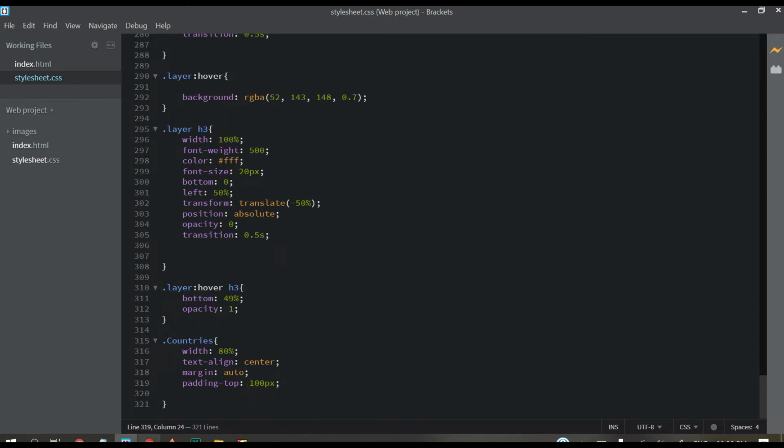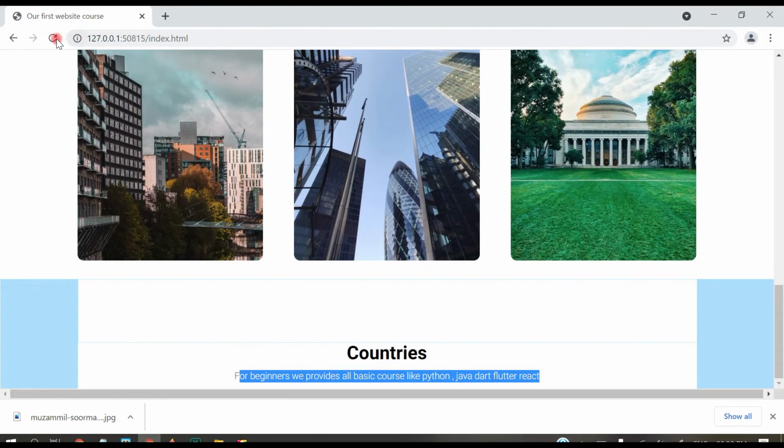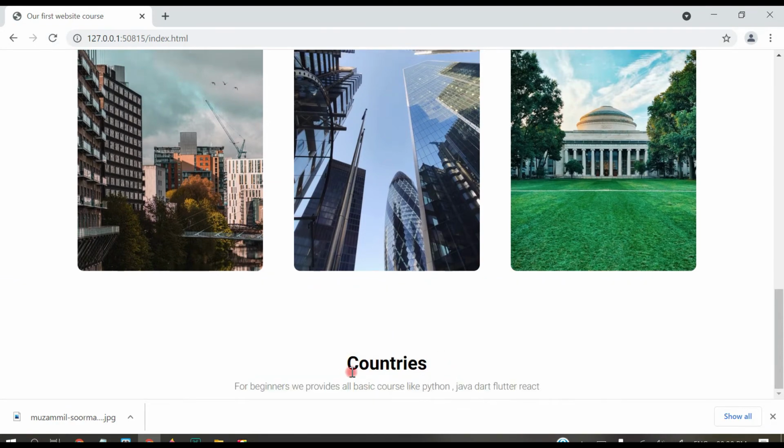Control S, go to browser, check it. You can see now this section is in the center right now.